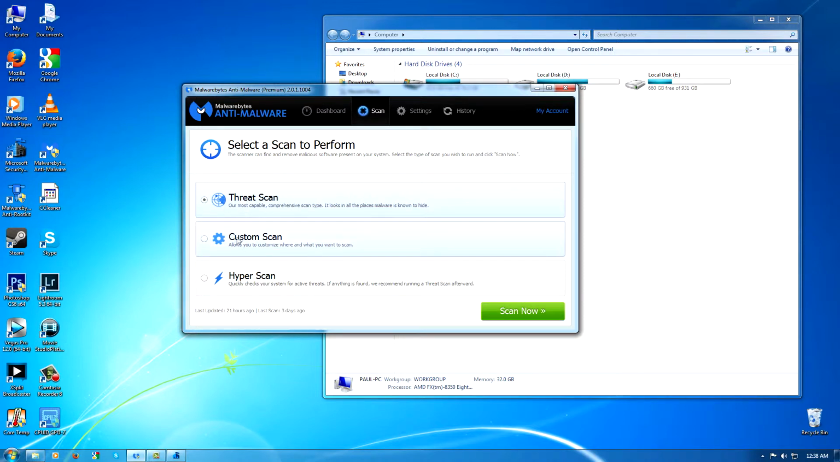So you've got threat scan, custom scan, and hyperscan. Okay, threat scan is obviously your more capable, full scan type of thing, and you've got your custom scan, which allows you to pick and choose what you want to scan. Then your hyperscan, which is what we're about to do now, allows you to quickly do just a quick scan, and it